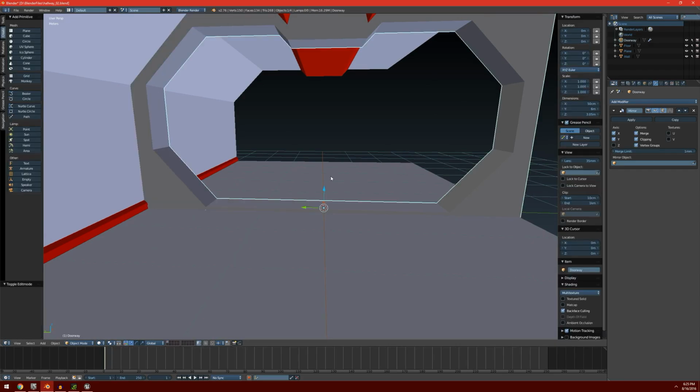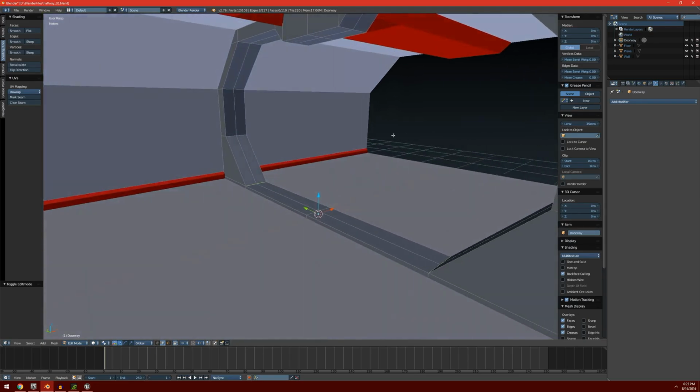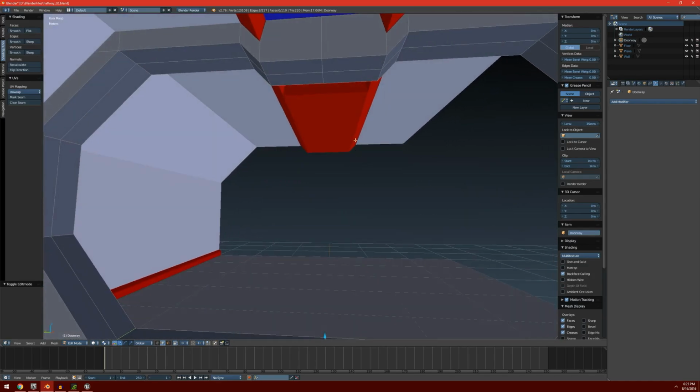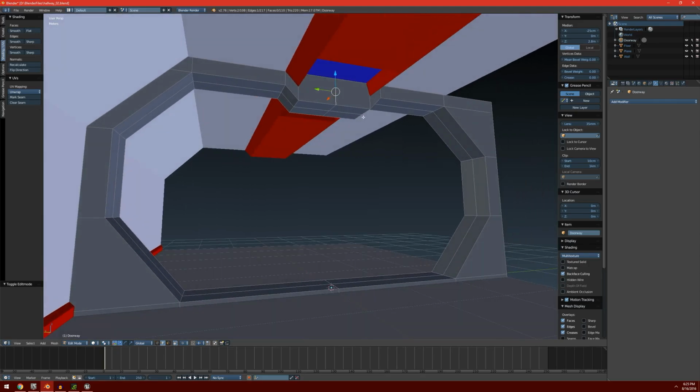So we're going to hit Tab to go back to object mode, and with our doorway still selected, we're going to hit apply on our modifier. Now if we hit Tab again to go back into edit mode, you'll see that it actually placed all the geometry in place, but we are going to have extra geometry because we used those modifiers. So up here, there's this edge that's right in the center that we really don't need. So I'm going to select my edge tool, and I'm going to alt left click on that edge,